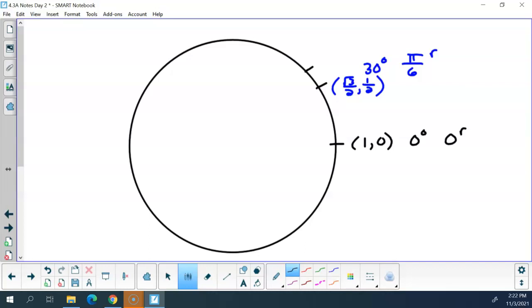Next one up is 45. Pi over 4. Coordinates. Square root of 2 over 2, both of them. Next one up is